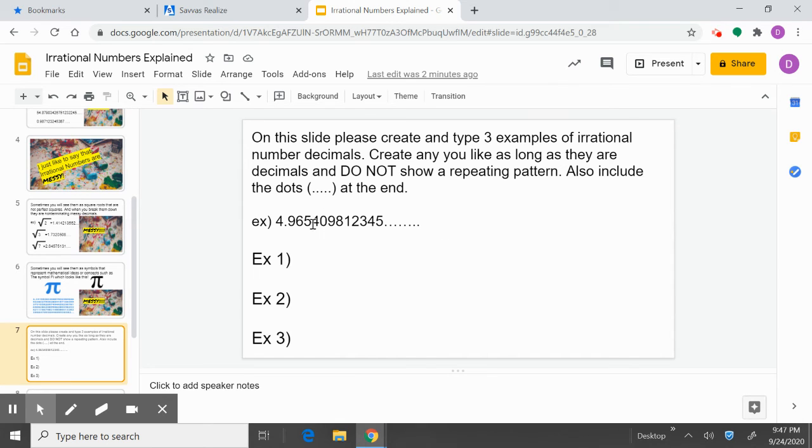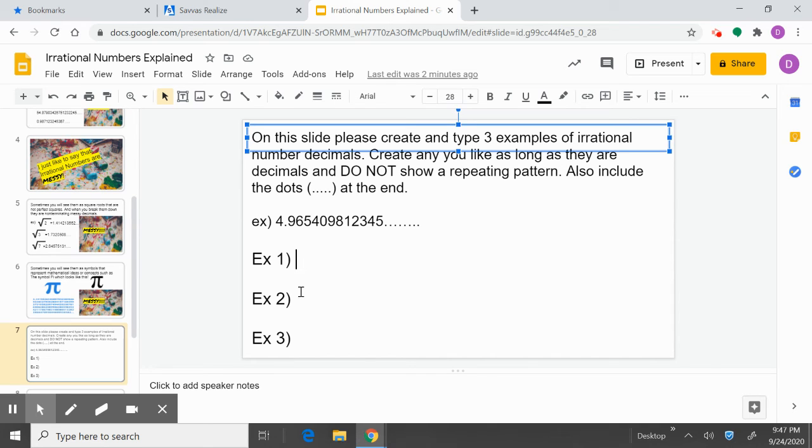Here's just an example that I came up with: 4.9654098123455. You have to create your own examples, and as I click next to each parenthesis, it would allow me to type in anything that I wanted. But you have to come up with your own 3 examples there.